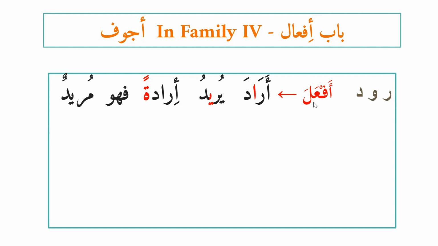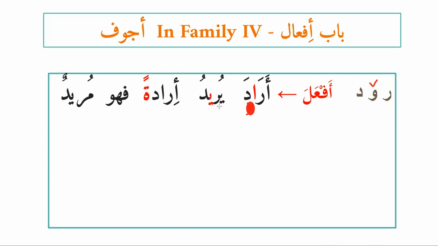So if you put ra, wa, da, let me take the marker. Af'ala, arawada. It should have been arawada, but waw is replaced with alif. As you just learned, in past tense, family 4, family 10, the vowel, over here in rawada the vowel is waw. So the vowel is replaced with alif in past tense, okay? So the vowel is dropped and replaced with alif.